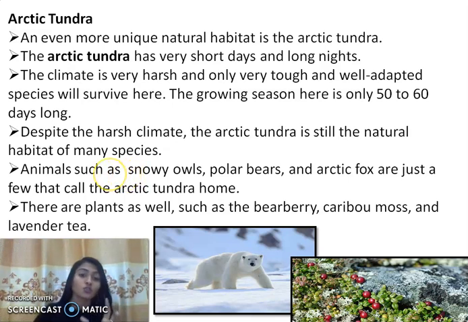So it is the snowy owls, polar bears. Actually their bodies are made in such a way that they can survive in the Arctic area. Okay. And the Arctic fox, these are some of the examples. You can get many more examples also. These are just a few that call the Arctic tundra home. There are plants as well, such as bearberry, caribou moss, and Lapland tea. This is the bearberry. See, everywhere there is